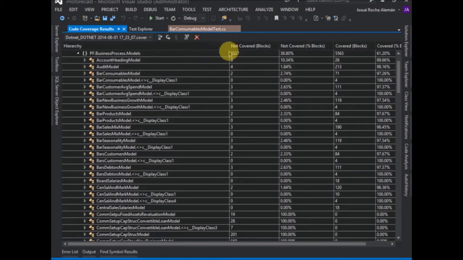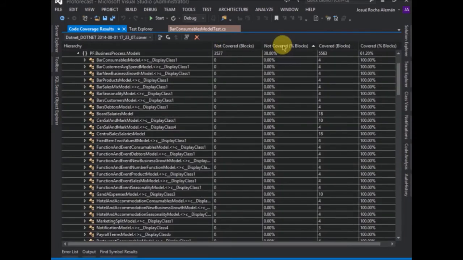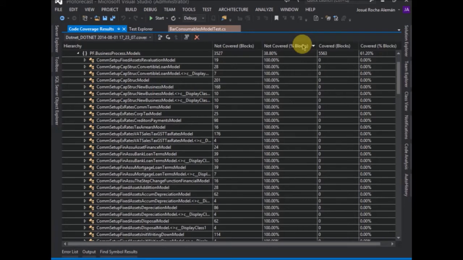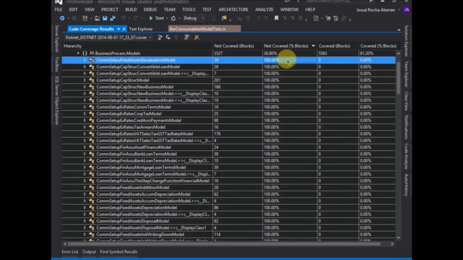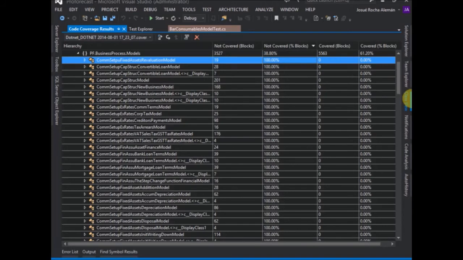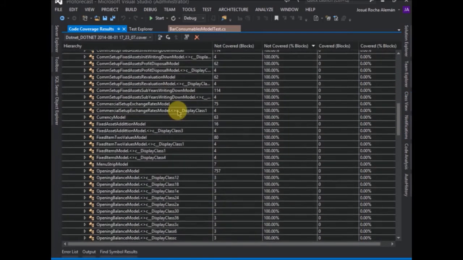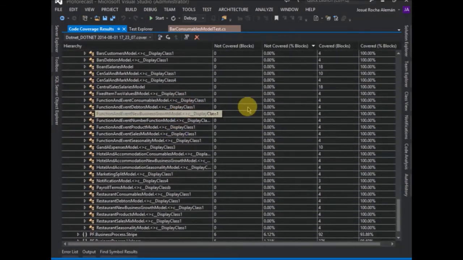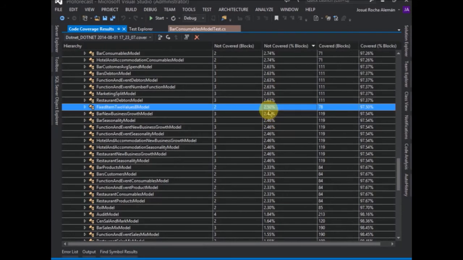I can sort this by the percentage of covered blocks, or what I must use, the percentage of the code by descending. Why? Because here I'm going to be most interested in these methods in particular, because they have 100% not covered. Better said, 100% of the code hasn't been touched. So what I need to do is work on those methods, as I have this method down here, which just has 2%